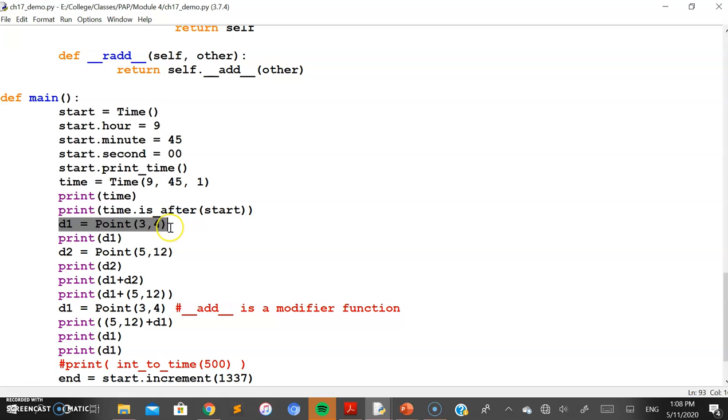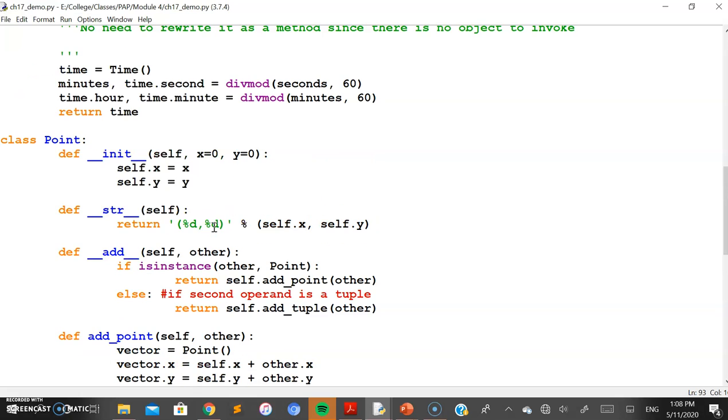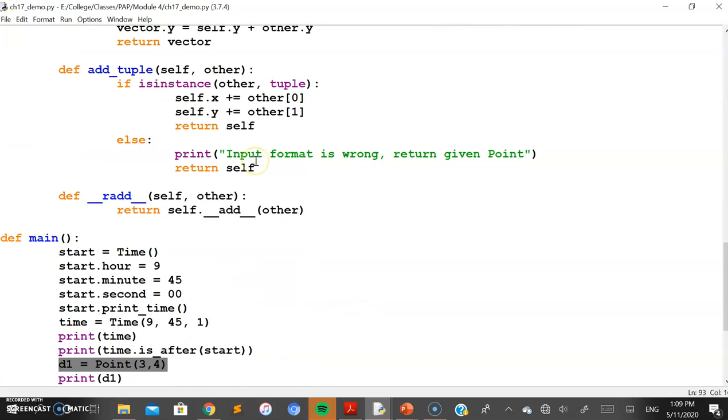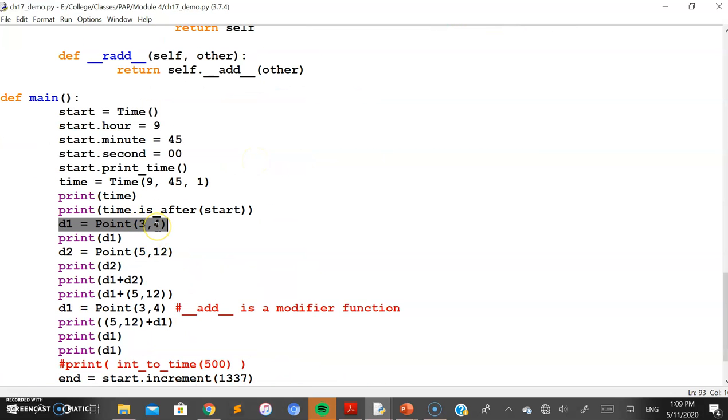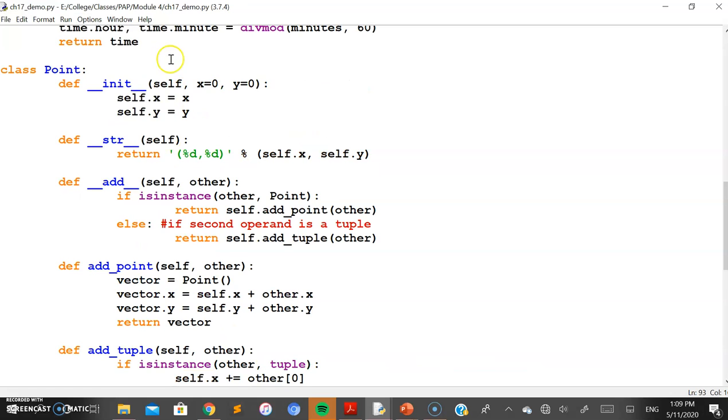When this statement is executed, it goes to the class Point and, within that class, searches for the init method in order to instantiate the object values. So self points to d1, and x and y point to the two attributes of the class Point, where the default value is 0. But here the values 3 and 4 have been taken. That means x and y will be set to 3 and 4 respectively.